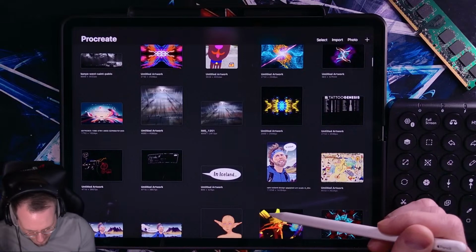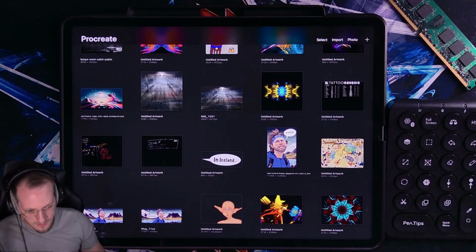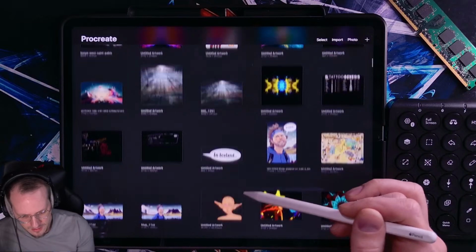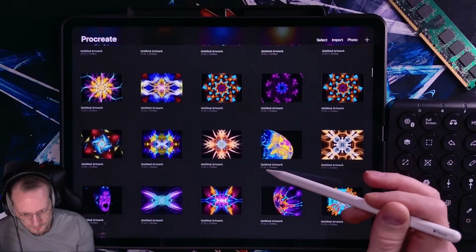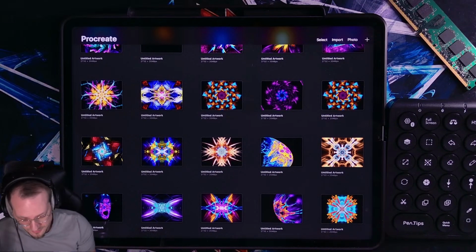I think Procreate in general has a really good design philosophy where instead of relying too much on, they call it like you have too many cooks in the kitchen. So if you have like